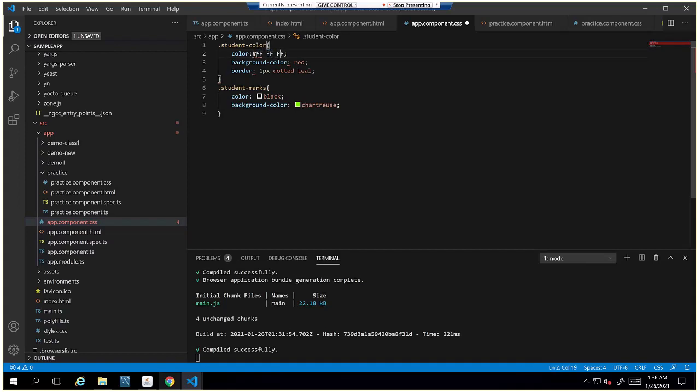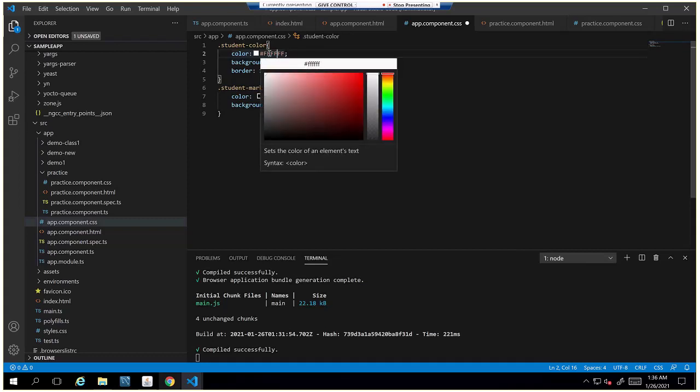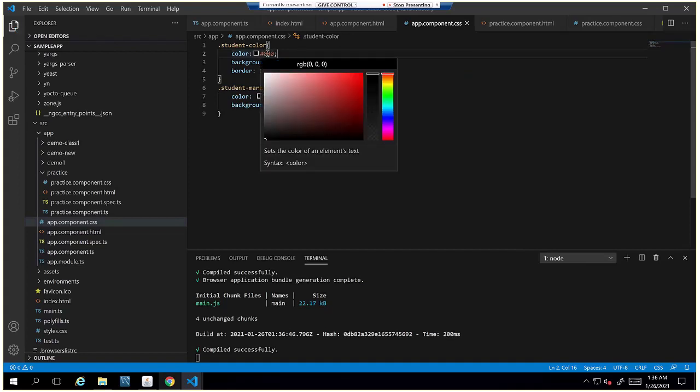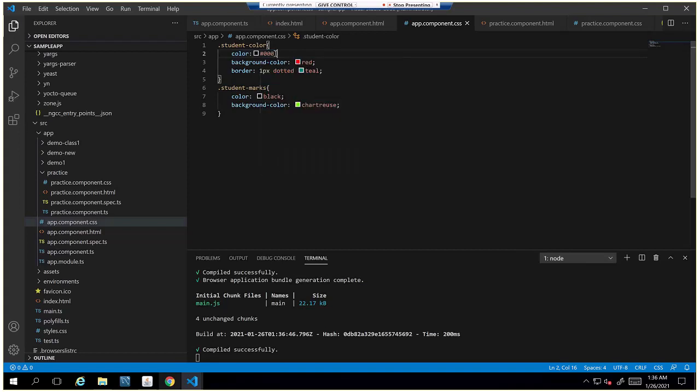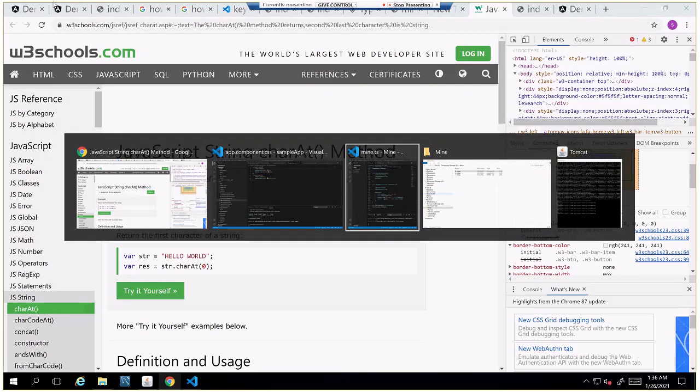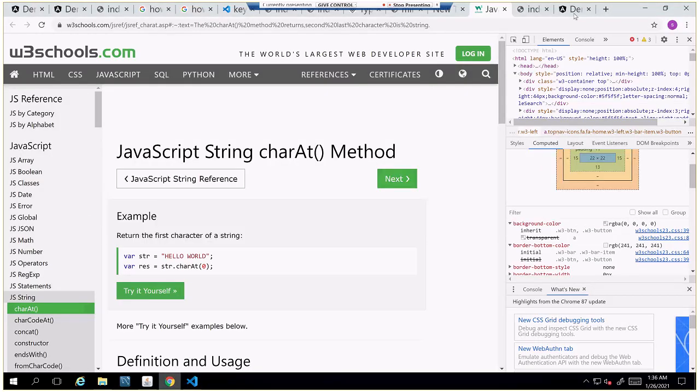FF means 255, and we can specify 0 to 255. If we specify 255, 255, 255, it becomes white. If we specify 0, 0, 0, that means black, the combination of red 0, green 0, and blue 0, and in our application it changes to black.